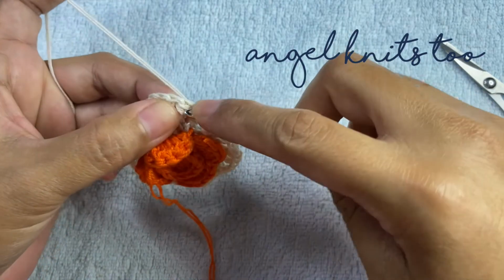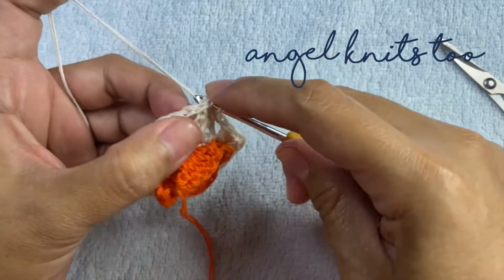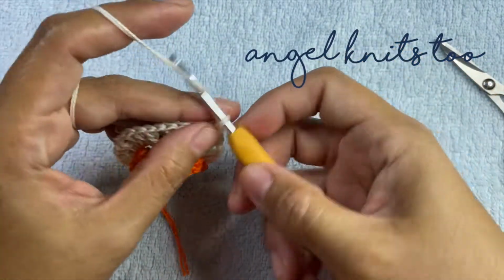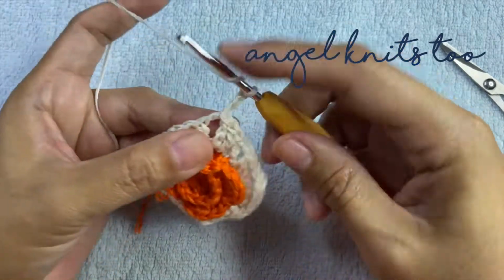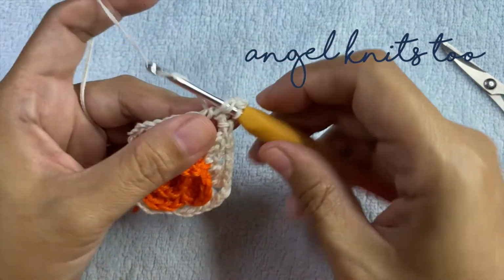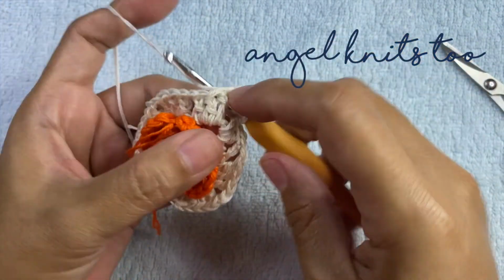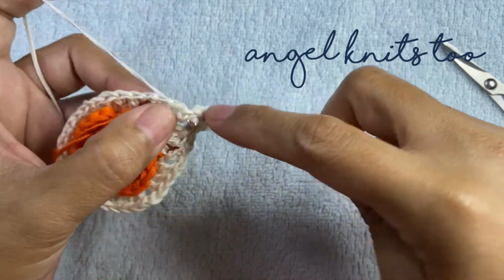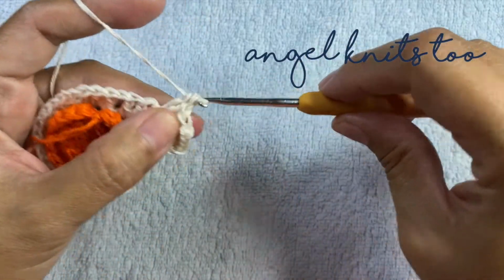On the next round, we need to slip stitch until we reach the chain 2 space. And chain 3. Our chain 3 always counts as our first double crochet. Make 2 more double crochet. Chain 2 and 2 more double crochet. Chain 1,